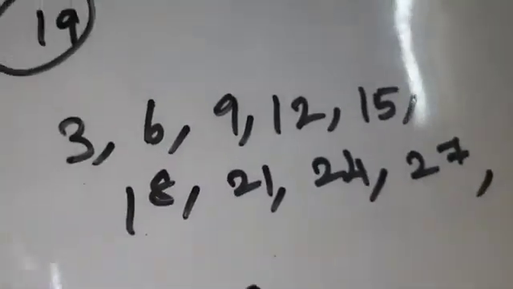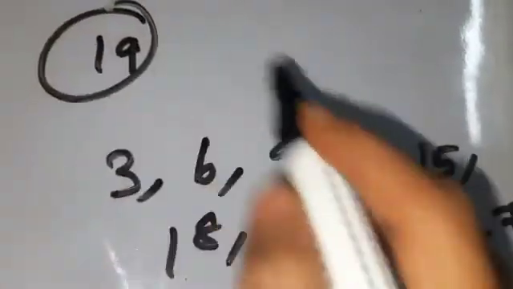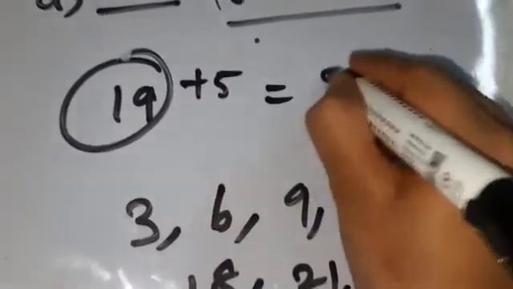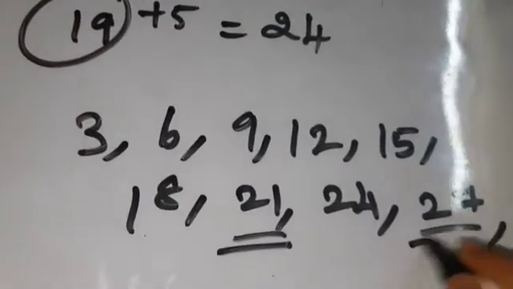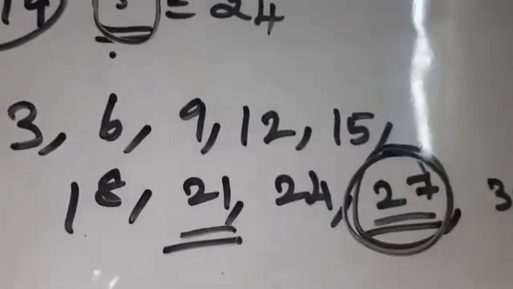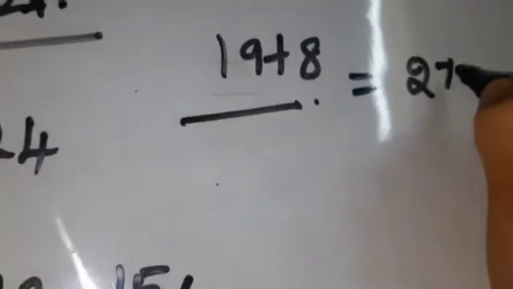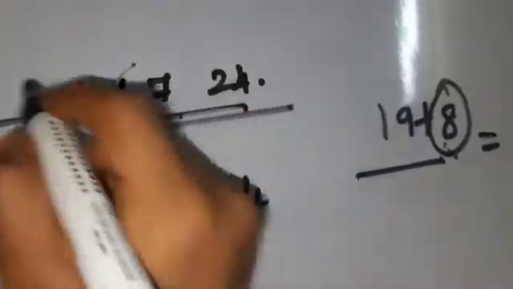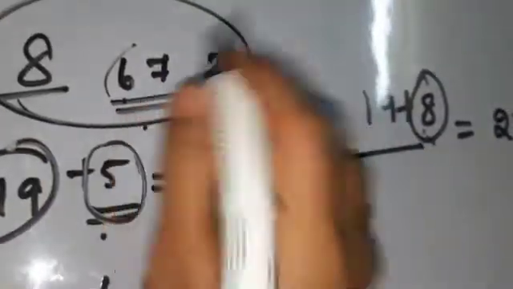Why? Because more than this, we are not supposed to add to the given number. See here, already we have got to know 19 plus 2 will give 21. 19 plus 5 will give you 24. There is one more number that can be divisible by 3. If we add 8 with 19, we get the sum as 27. So the greatest number that can be added to 6724 is 8, so that it makes the number divisible by 3.